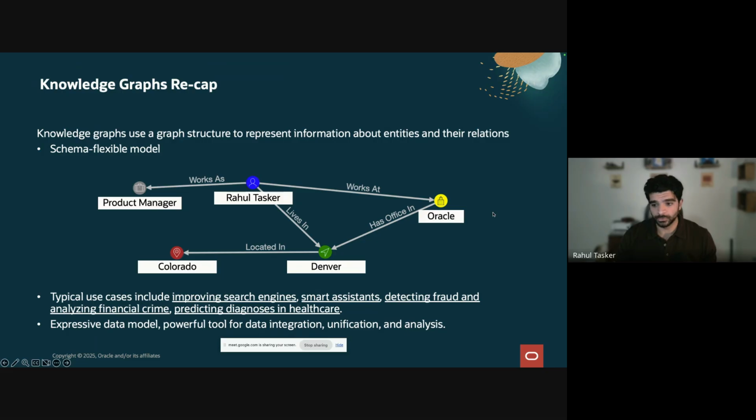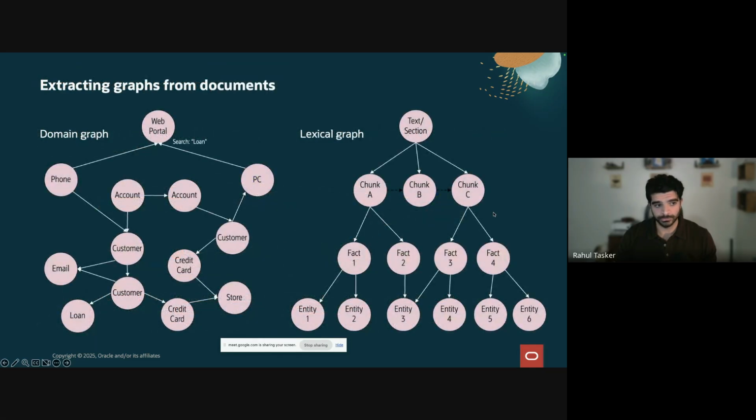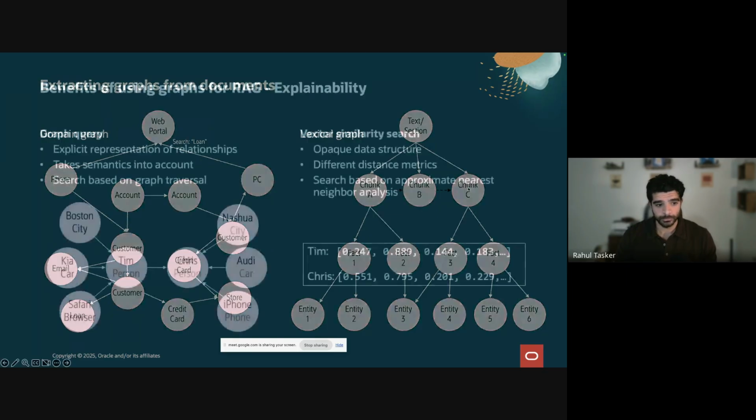So we really have 2 ways that we can extract entities from documents. One is to create a domain graph, which is where we extract the individual entities and relationships themselves. And the other is through what we would call a lexical graph, by chunking the document itself and extracting those facts from each chunk and linking those facts to those chunks, right? So the example of that Sherlock Holmes story that Melly just showed is an example of a lexical graph. And what I'm going to show now is more of a domain graph. So before we get into that,